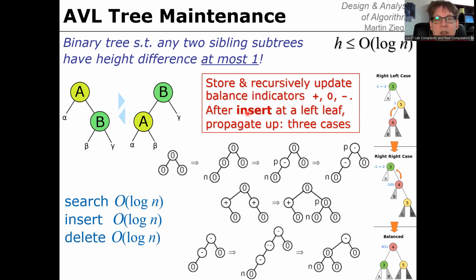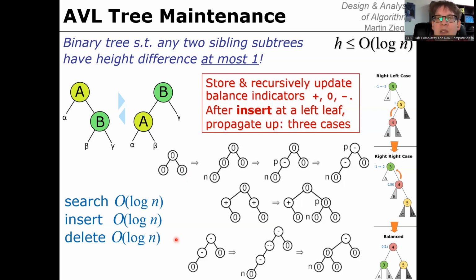And I haven't discussed the case of deleting, because deleting is simply the dual to insertion. So the same as before, namely first search the node which is to be deleted, then delete it, which involves juggling with the two subtrees that were attached to that node, and possibly updating the balance indicators and performing some rebalancing rotations as indicated here. So that looks all very promising, right? All the operations now have logarithmic cost,